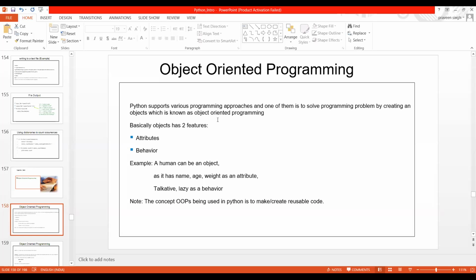Now the concept of OOPs being used in Python is to create reusable code. Once I have created some code, and it's very lengthy, I may want to use some features of that code, or maybe the entire code, in some other class or in some other places. With the help of OOPs, I can do that.